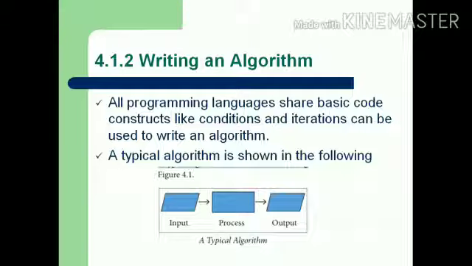In this step, we should know what will be the output. At least we should predict the output of the algorithm. So these are the three important steps in writing algorithm. Number one, input. In this step, we should know what are the inputs we required. Number two, process. In this step, we should know what we are going to do with these inputs. Number three, output. What will be the output of this overall algorithm or instruction? At least we should predict the output.